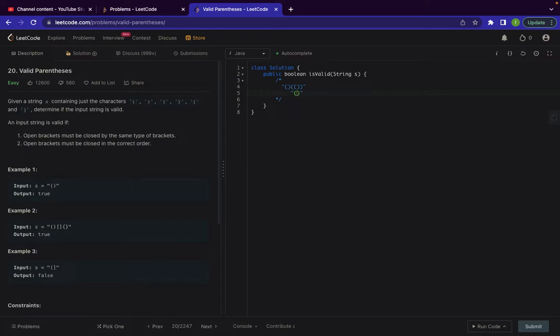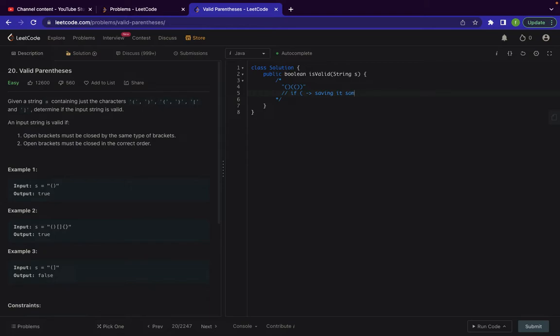Now I'll come to this opening bracket. I'll say, okay, this is an opening bracket. I'll save it somewhere, that okay, this bracket is still open. Then I'll go to this next opening bracket and say, okay, this is also open. Then, since I'm getting a closing bracket and I can see that this particular pair is valid, I'll simply delete it and say, okay, at least this is valid. Then I'll process this, and since this is again valid, I'll delete it. So basically, if I'm getting an opening bracket, I will be saving it